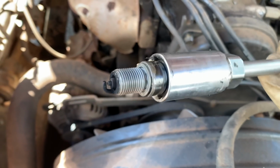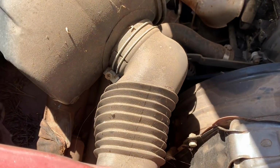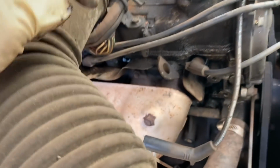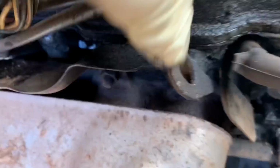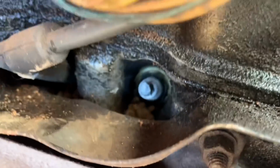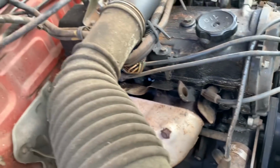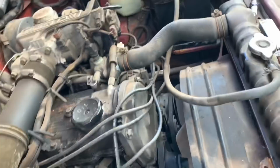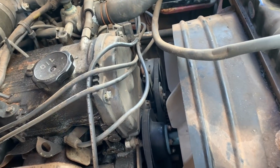It's a little burnt, but it's honestly not that bad. It's not wet though either. So, all right, let's get the next one in. So I put this new plug in after I gapped it, and I went to go to the next one, and look at this. There's boot grease all over the end of the connector, which means these plugs are not that old. I'm gonna go ahead and change them since I have new ones, but